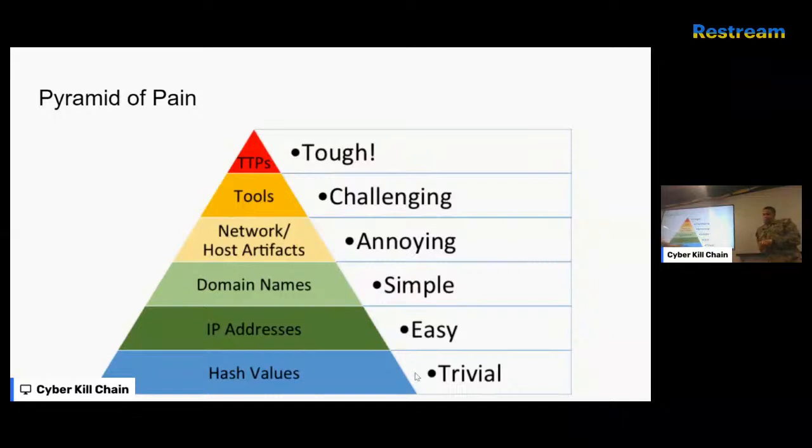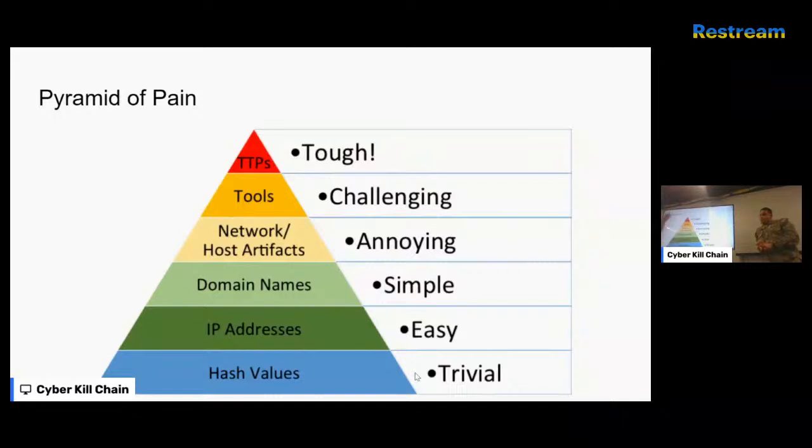The kind of trivial things that you can do to target a specific piece of malware or an APT group is hash values. So if you go back to the old antivirus software, like the old McAfee, Norton, and all that other stuff, they all used hash values. So they took a piece of malware that was running on a bunch of systems. They built a hash value for it. Typically, they were looking for a specific string inside of that malware, and then they just compare it against the hash values. And if they find it, quarantine and kick it off your box.